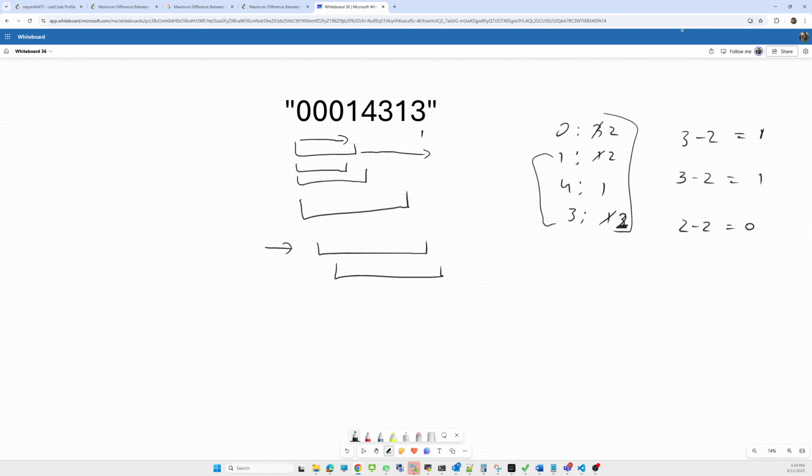If I move the left index more forward, it will give me 1 like this. Then what will be the result? 1 minus 2 will be minus 1. In this way, it will give me a result. So is it possible that any of the substrings will give me the maximum difference?